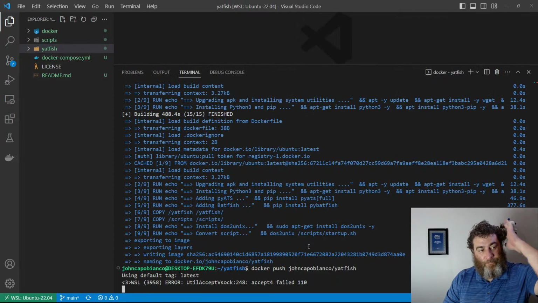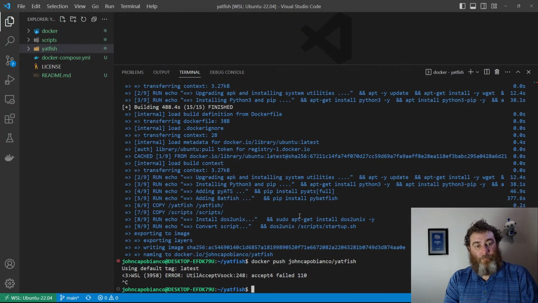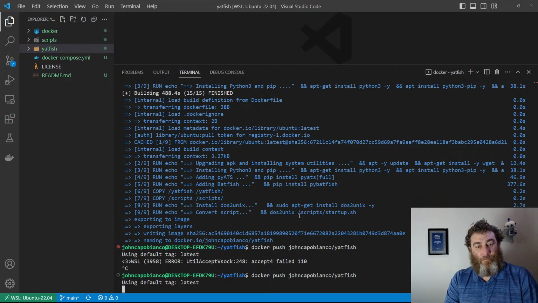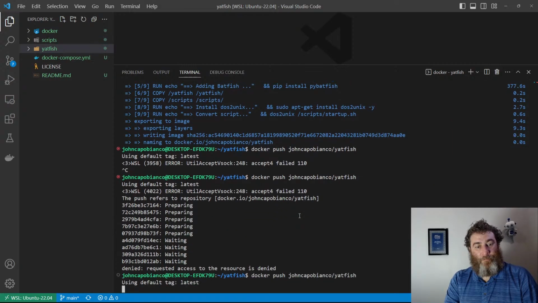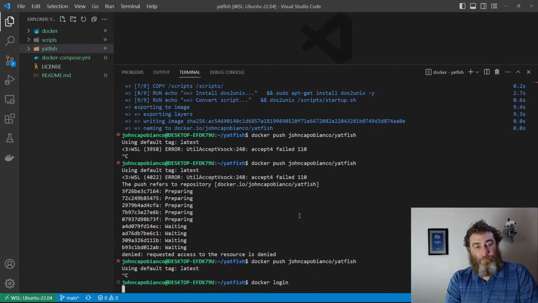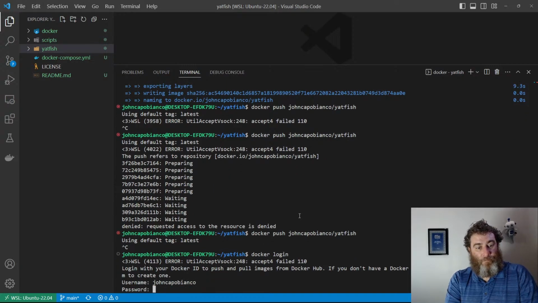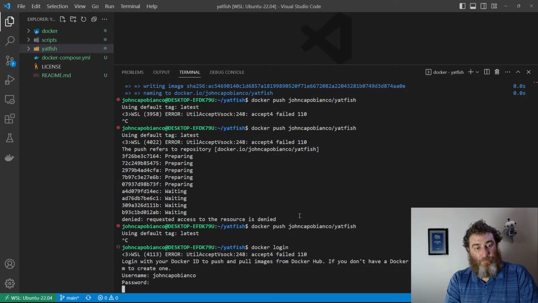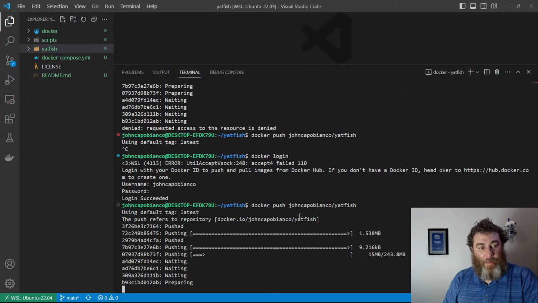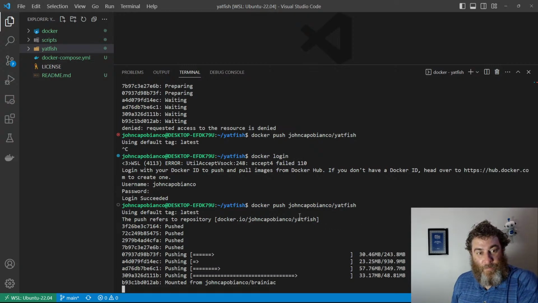Come on. Might want to let me push it. Anyway, maybe my Docker auth timed out or something. It's always something, right? Okay, so we're pushing it,